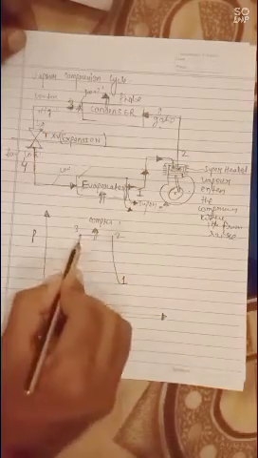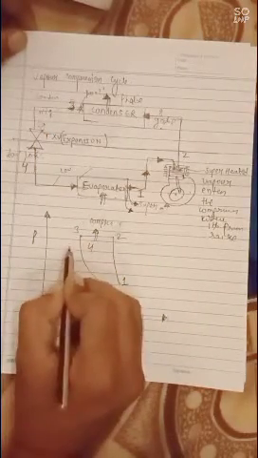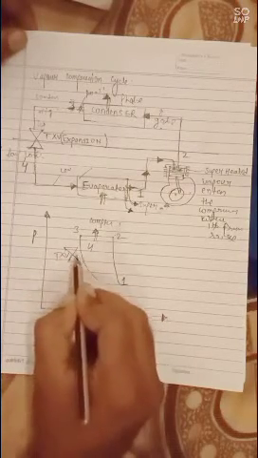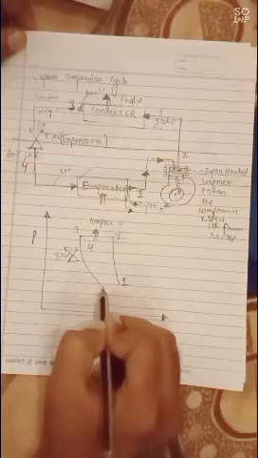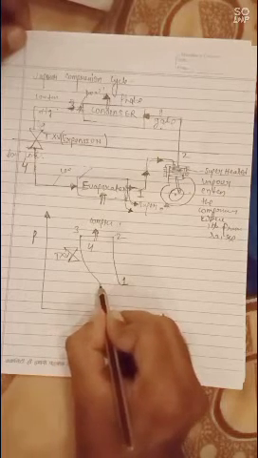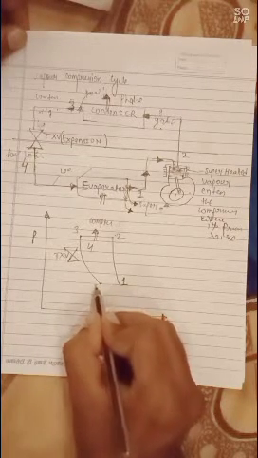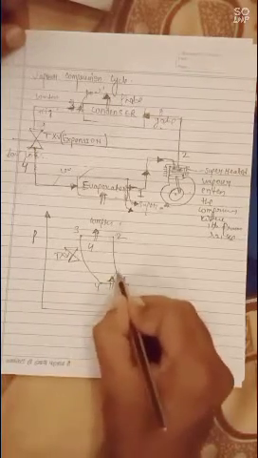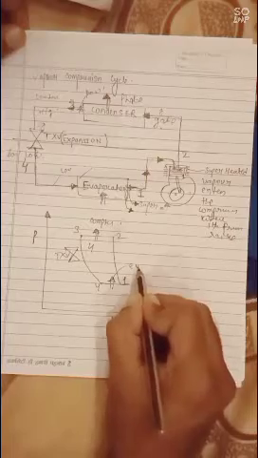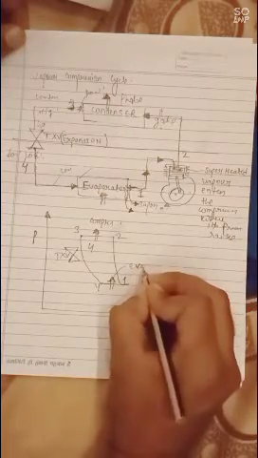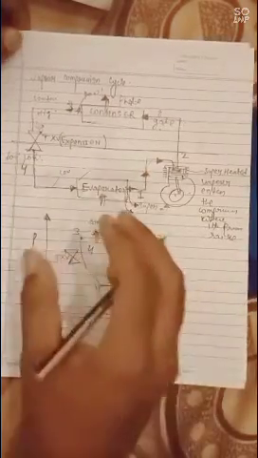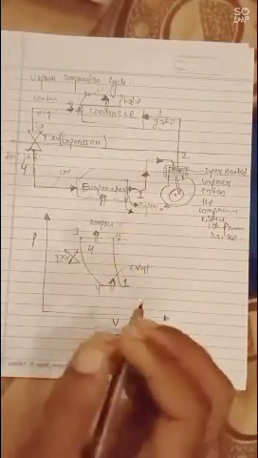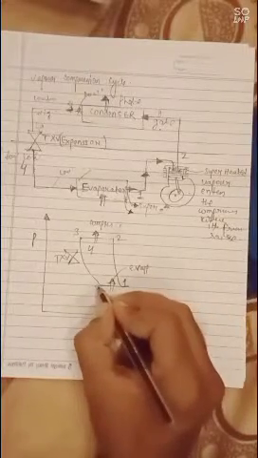From 3 to 4, at the expansion device, TXV, its pressure is dropped drastically. From 4 to 1 is the addition of heat from the evaporator side. Inside the occupied space, heat is added. Heat is absorbed by the evaporator from 4 to 1.